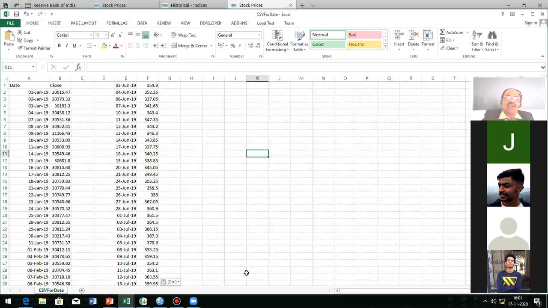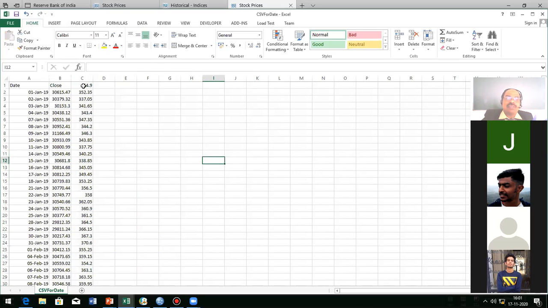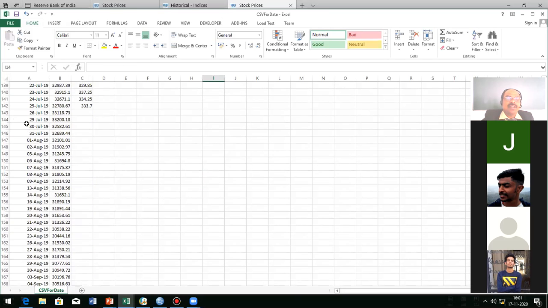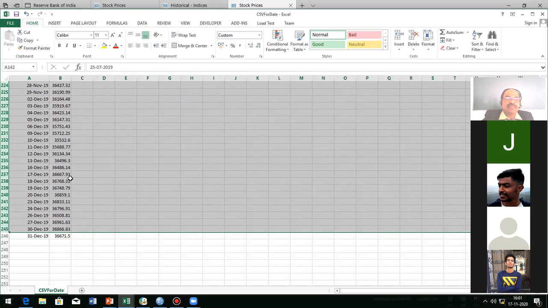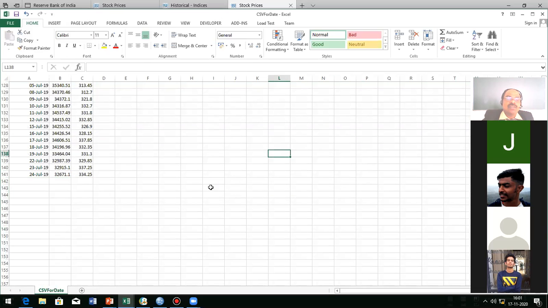If these two are correct, let us assume we have gathered the same data, but you have to gather exact data. Here, let us assume price. I am deleting the remaining things after that because this contains more information.